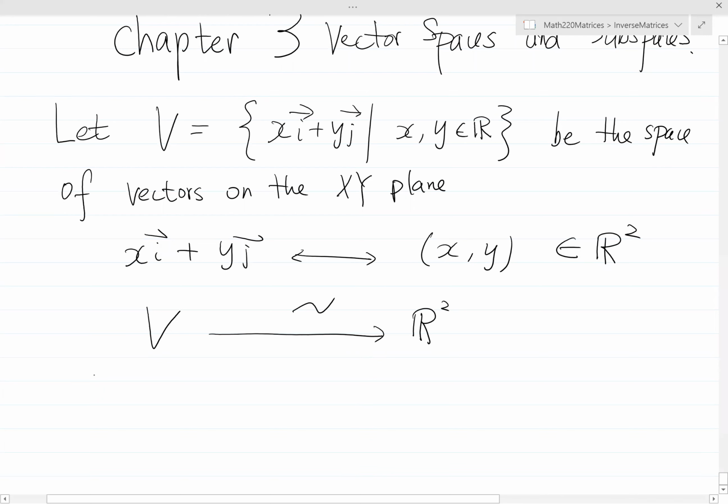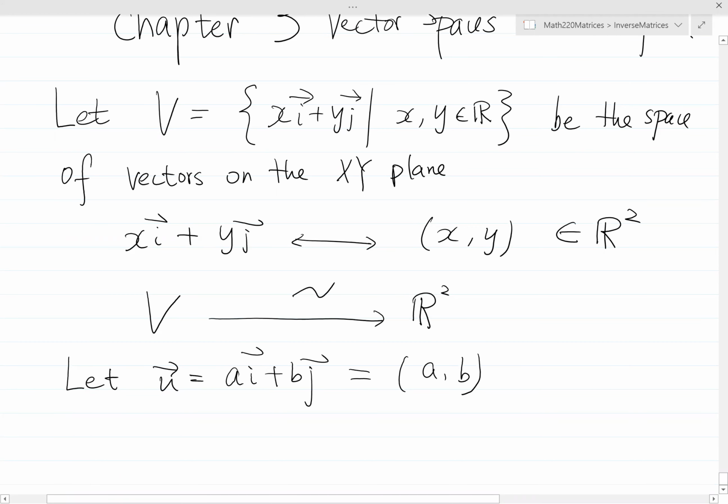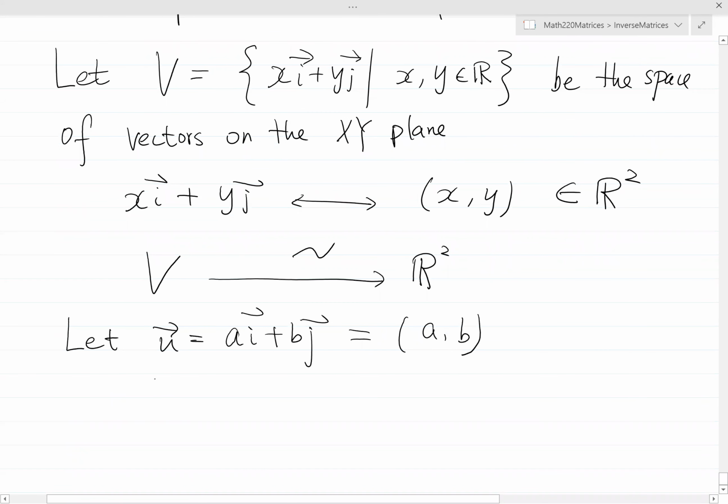Then if we let u be ai plus bj, which is coordinate form (a, b), and v be ci plus dj, which is (c, d),